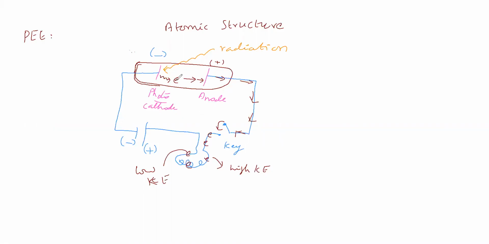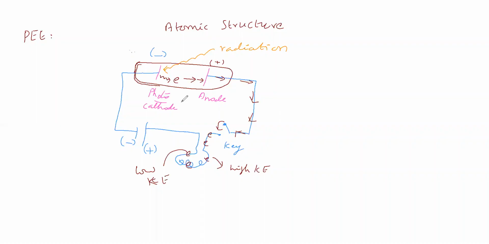How to say? This electron should reach the anode, should pass through this wire, and should come to this bulb. In this bulb, this kinetic energy should be converted into light energy. Then the electron should become low kinetic energy and should reach this place. Then only we can say photoelectric effect is possible. Otherwise, we will not say photoelectric effect is possible.